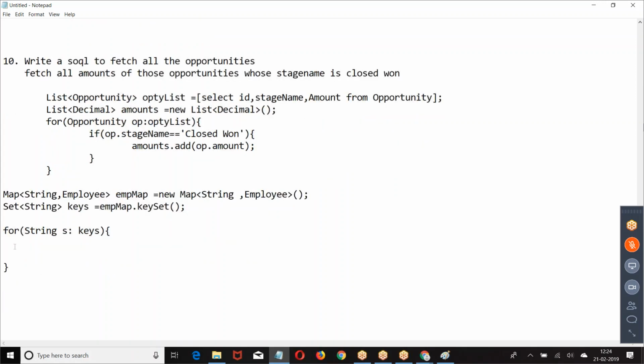Now, if you know the key, how do you get the value from the map? In the for loop, how are we taking those string keys? With the loop of set of string, how do you refer to one by one element? If it is a loop of accounts, how do you take one by one element? With a list of opportunity, I have taken opportunity OP equal to list of opportunity. This is a set of string, so string is colon keys. From these keys, I am taking one by one key. When you give the key, we get the corresponding value.